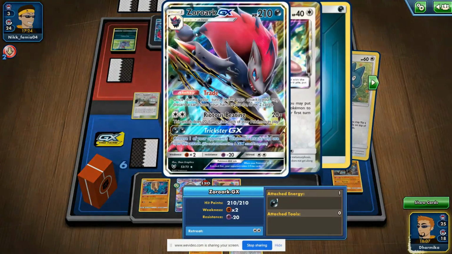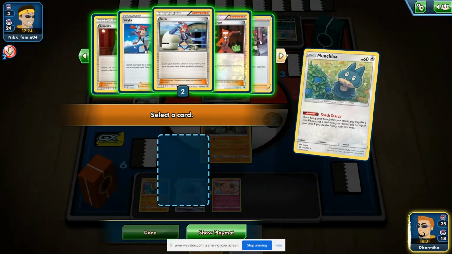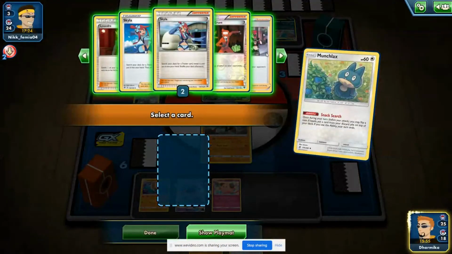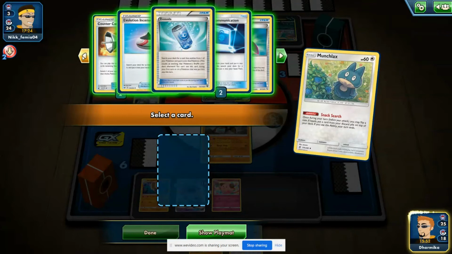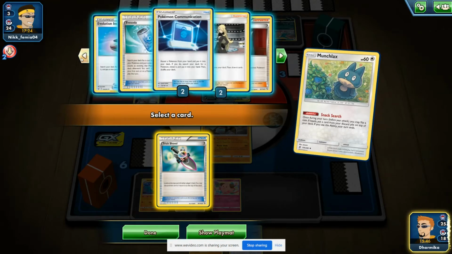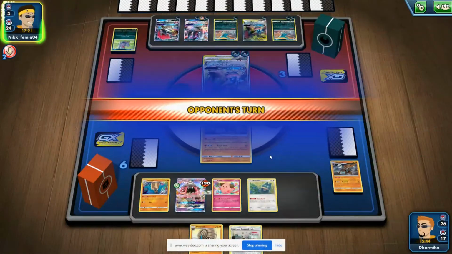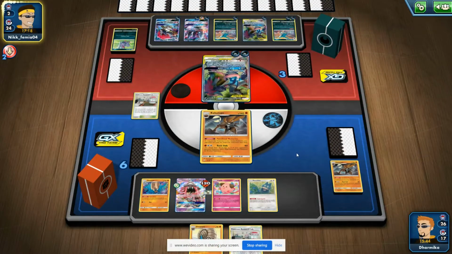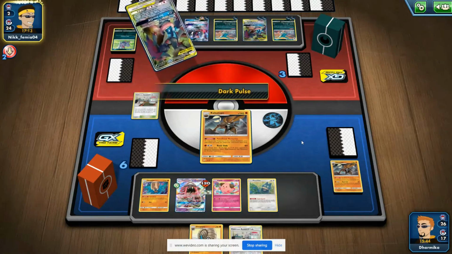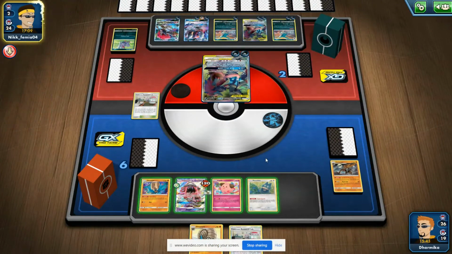Oh my goodness, this is crazy. Should we get a Cynthia or a Lysander? Lysander would be useless. I should have Team Flare just now. Alright, we can use a trick shovel, I think. That's probably the only thing we can do. He's gonna kill our Kabutops, but at least he can't use any...